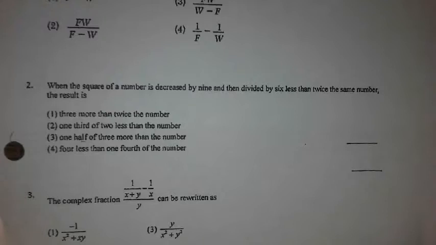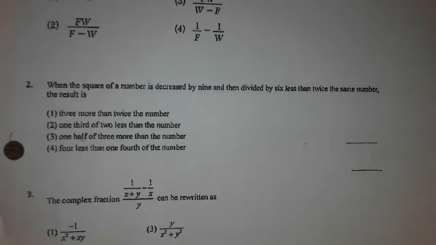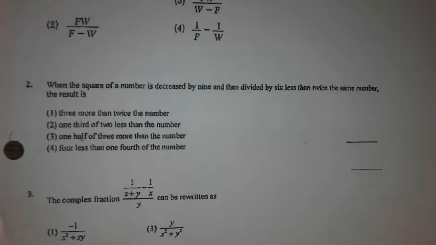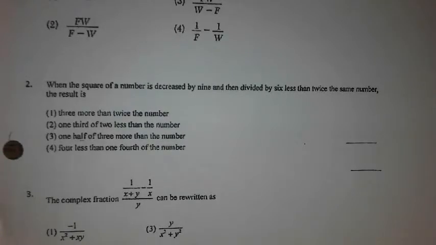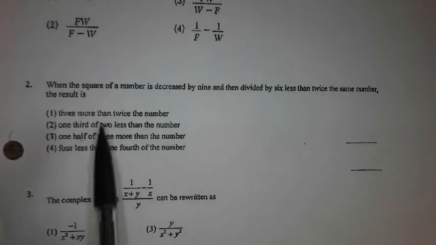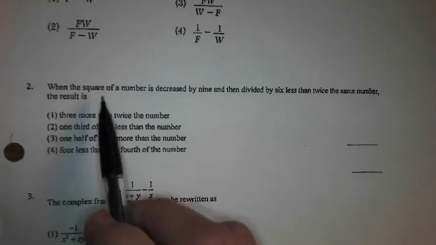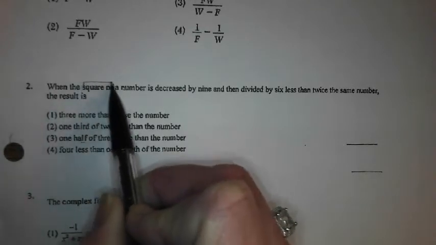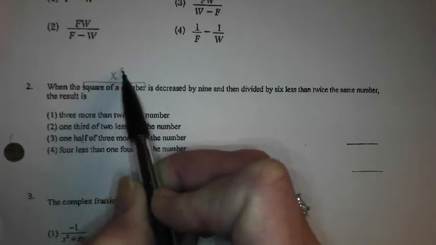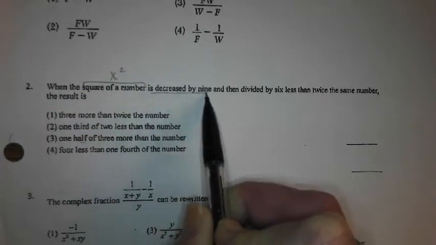So this one: when the square of a number is decreased by 9 and then divided by 6 less than twice the same number, the result is, okay? So this is just really Algebra 1, in that it's a description that needs to be changed from English language to math language. So when the square of a number, that's x squared, is decreased by 9,